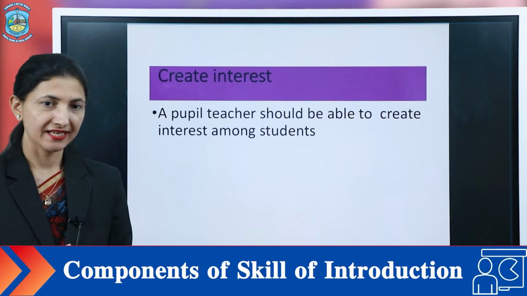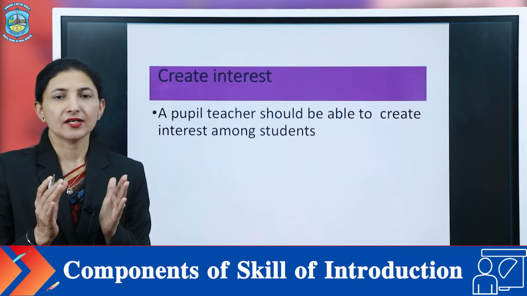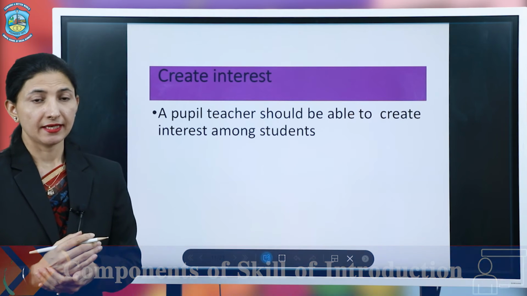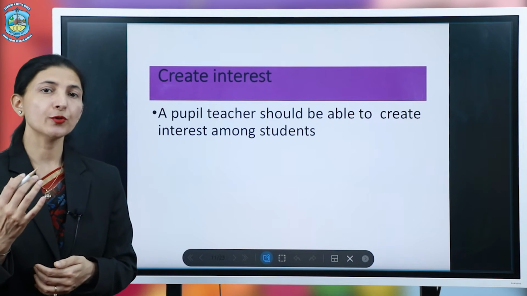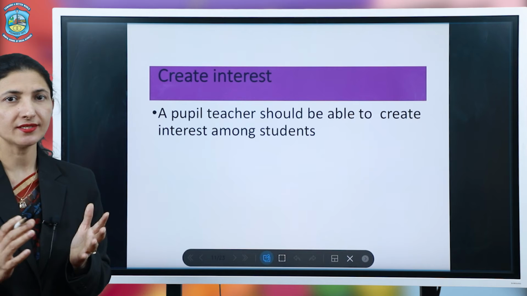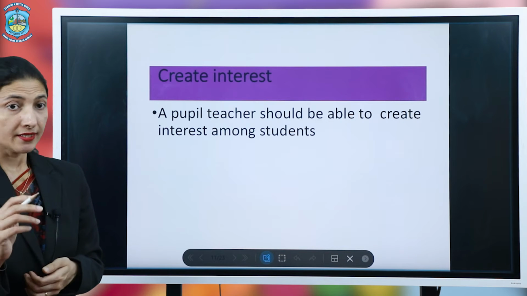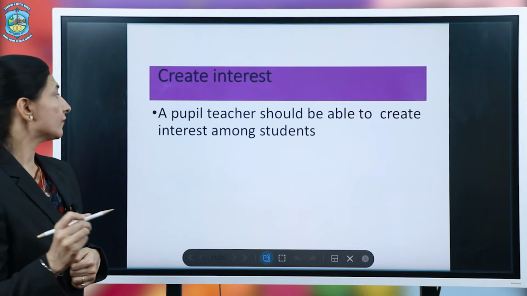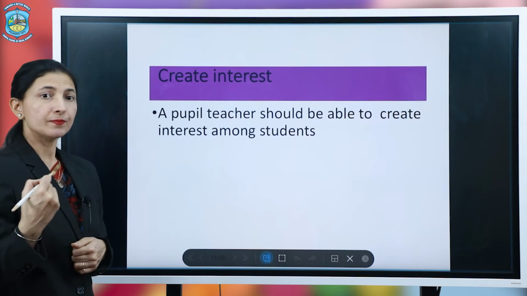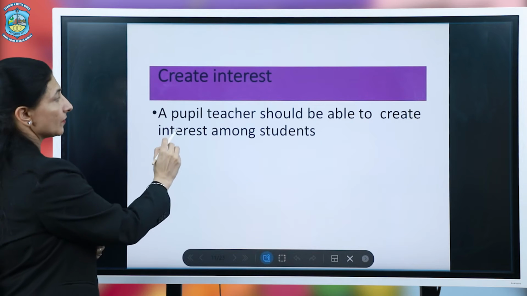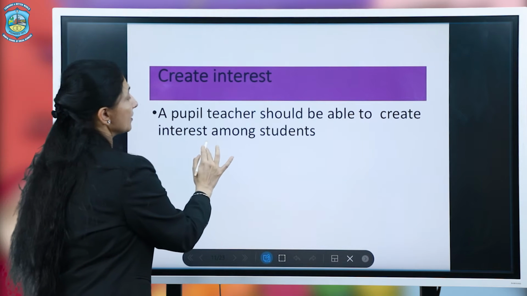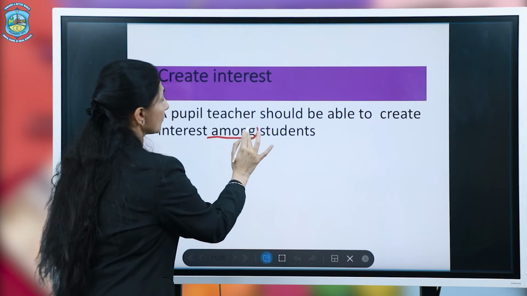Create interest. It is a very important component. But it is very challenging for a pupil teacher to create interest in the class. She should be very careful that when she is practicing the skill, she is able to create interest among students.